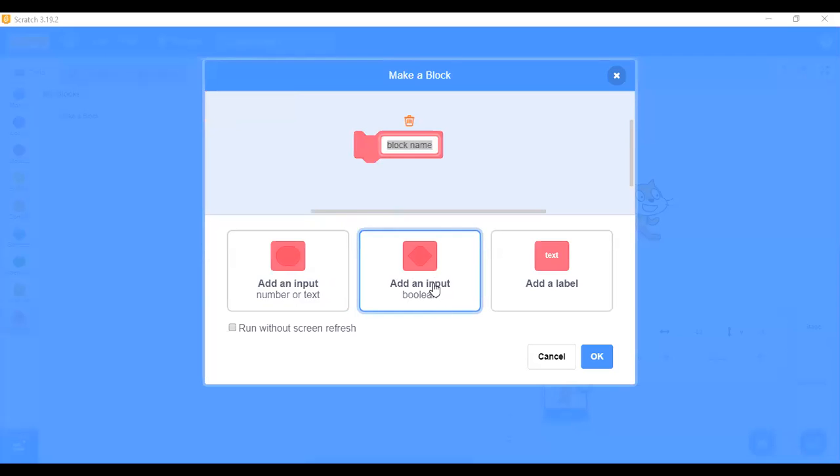What does Boolean mean? Boolean means the and, or operators that we see under operators, the code. Add a label, a text, or that. But I won't bother you with all this for now because you basically don't need this for now. So by the time you need this, I will let you know, and I'll create a tutorial video on it that you are going to see how to make use of this. So I'll cancel that for now.